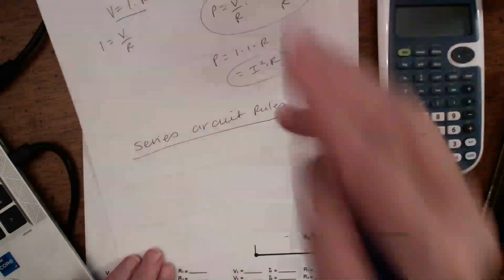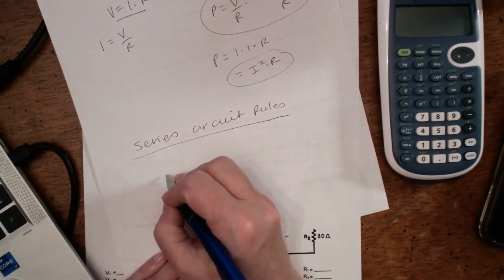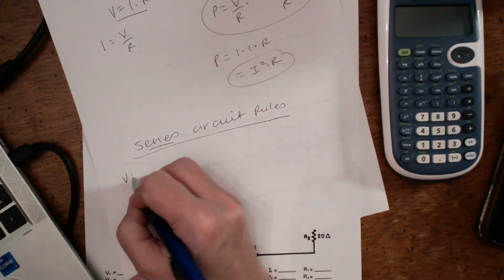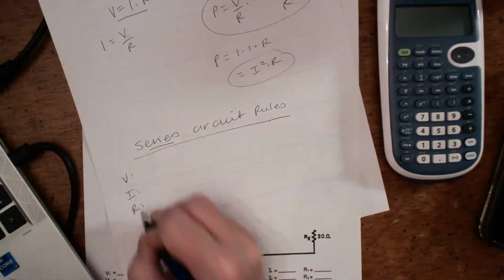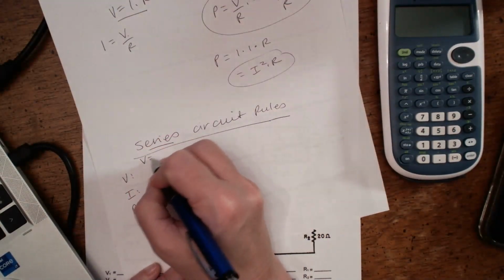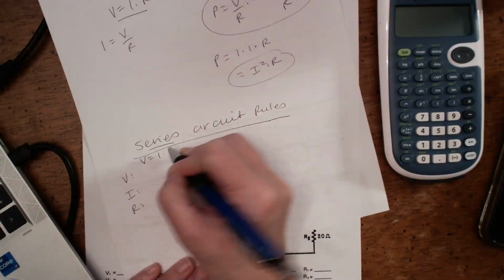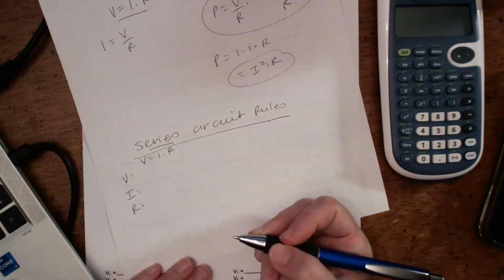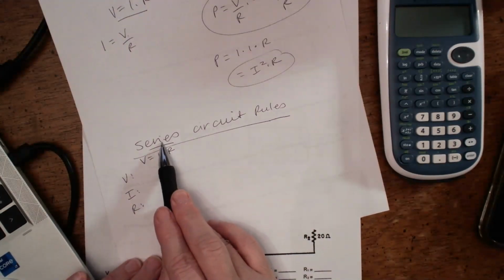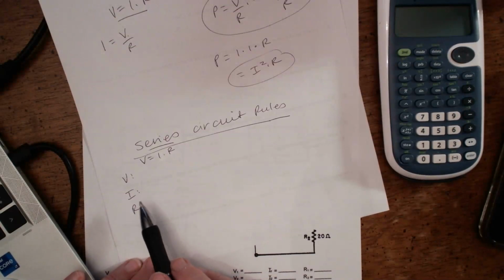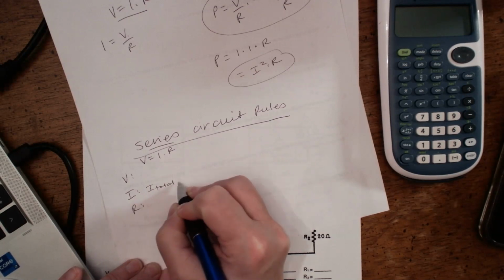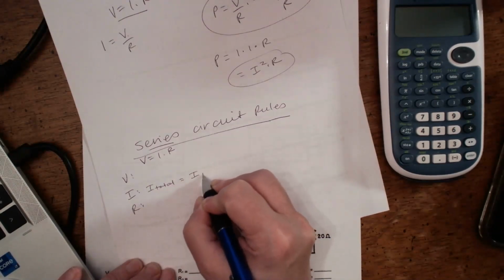So we said with our different types of circuits we're going to look at, series is the first one. There are rules pertaining to voltage, to current, and to resistance throughout our circuit. Ohm's law is always going to apply. So that's one of our first rules that we always want to think about. For a series circuit, let's start with current. For current, our total current of our circuit is the same all the way through our